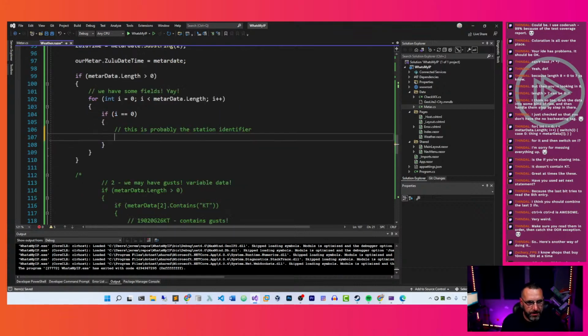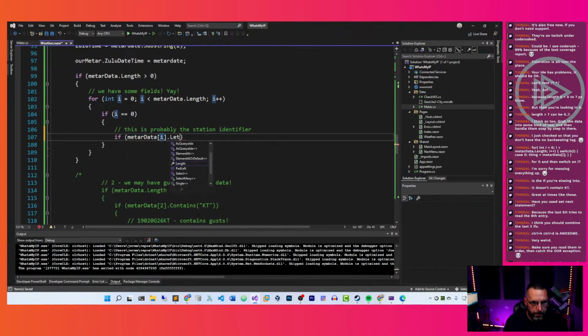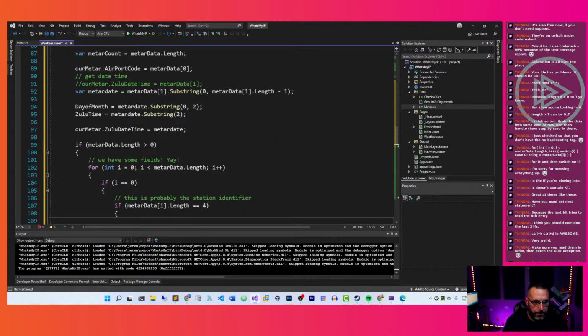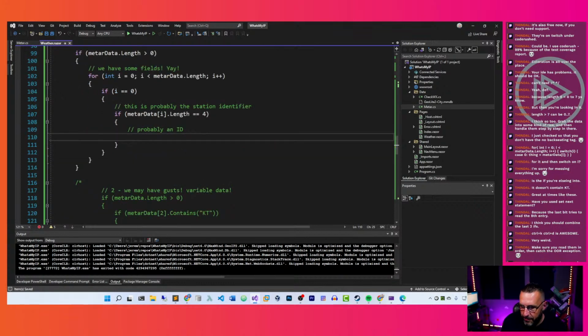So this is probably the station identifier. Let's say if the length is equal to 4. That's probably an identifier. It's kind of a silly thing to look for if it's 4, but